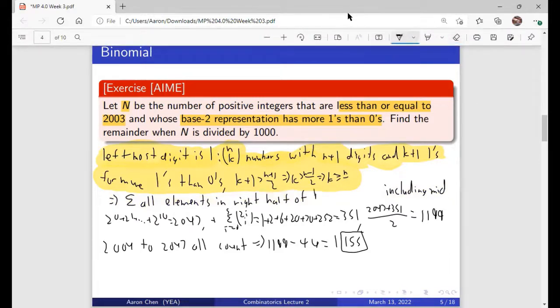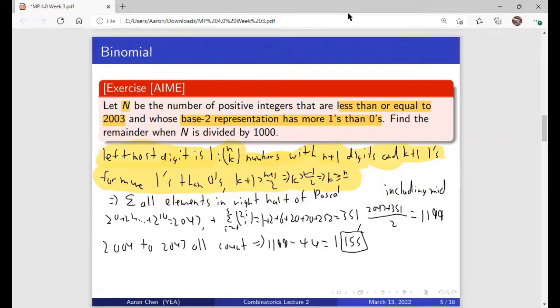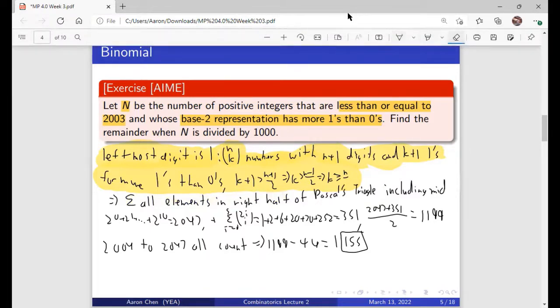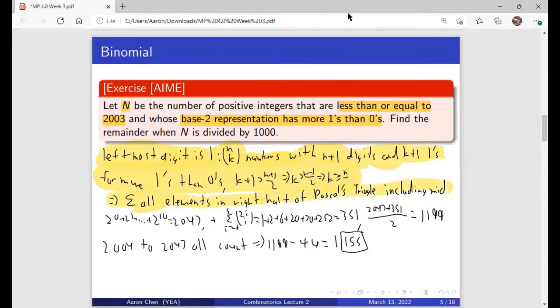Okay, when I said periodic table, I meant Pascal's triangle. Okay, anyways, excluding that mistake,